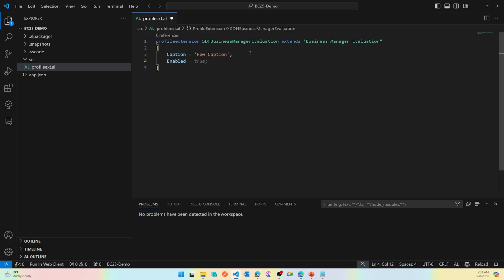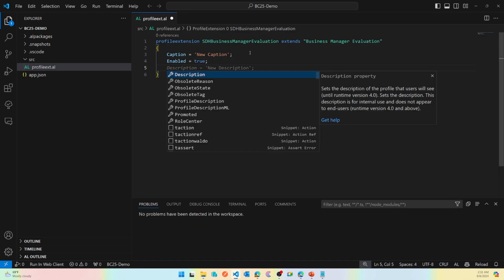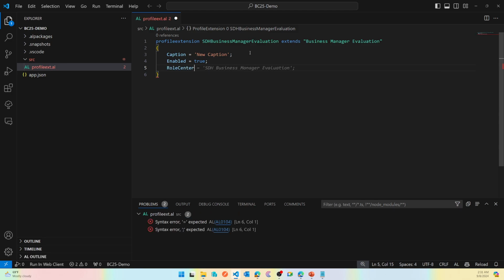I can set whether it is enabled or not. I can set it to false. I can surely define the description. Obsolete is on every object. I can define the profile description, and I can define the promoted, and I can also change the role center page if needed. So I can define a page ID or a page name which will act as the role center page for